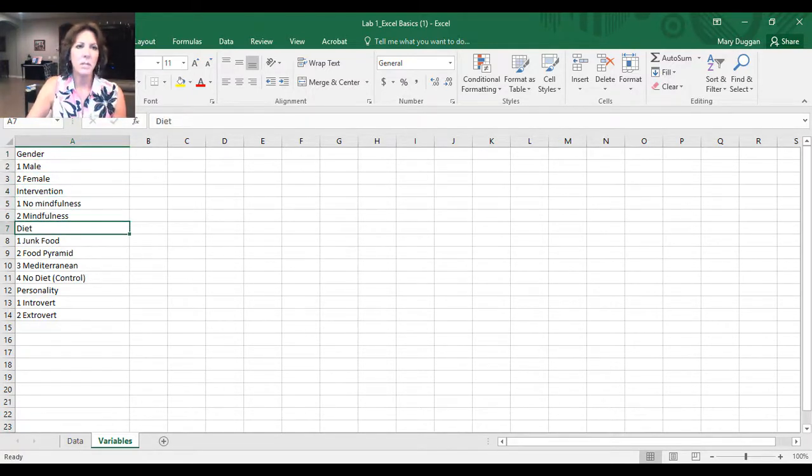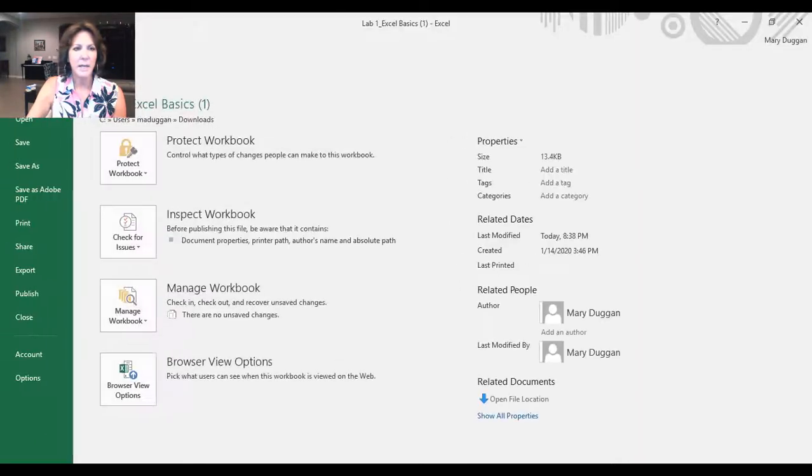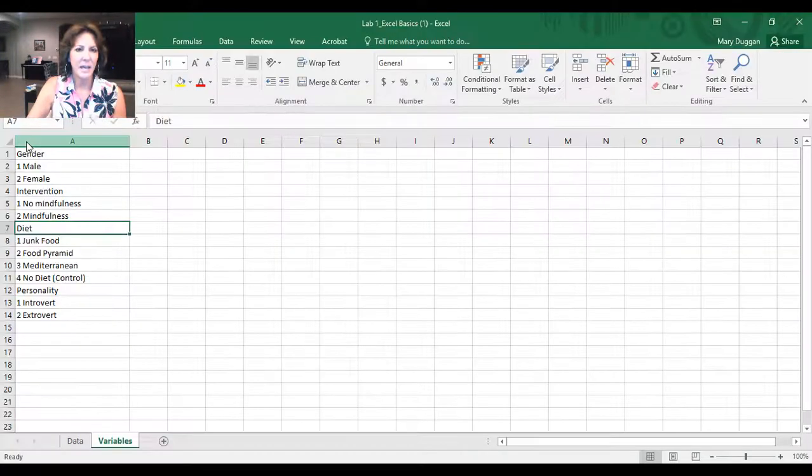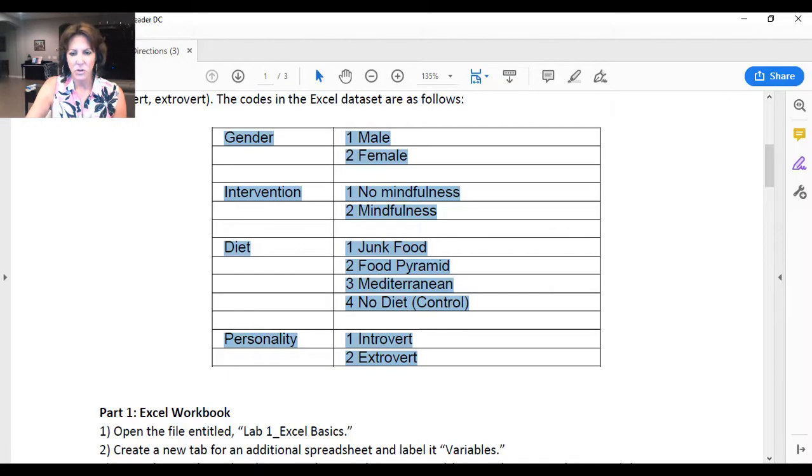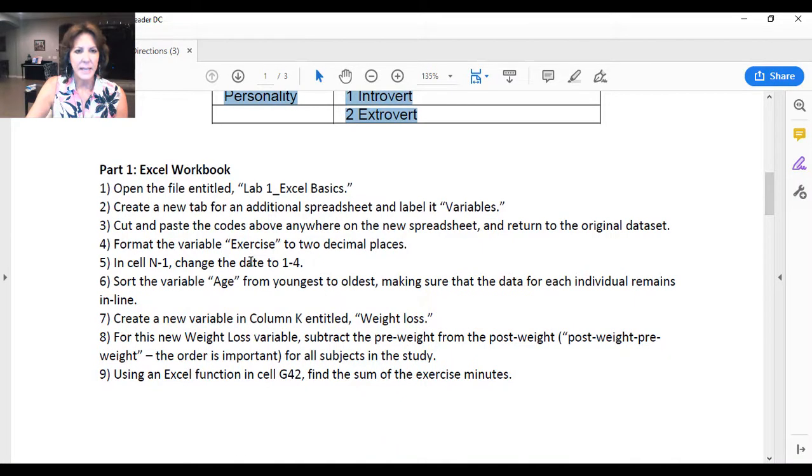All right, what I'm going to do and what you should do is keep saving this because I don't want to lose anything that I've been doing. So I'm going to come back to data. Let's see what is next on the directions. So you've already accomplished one thing. And it says to